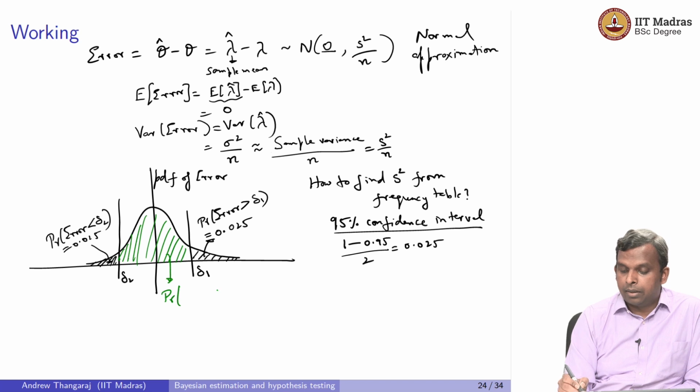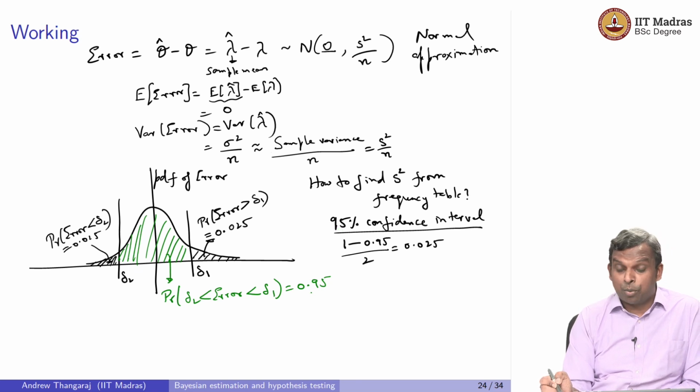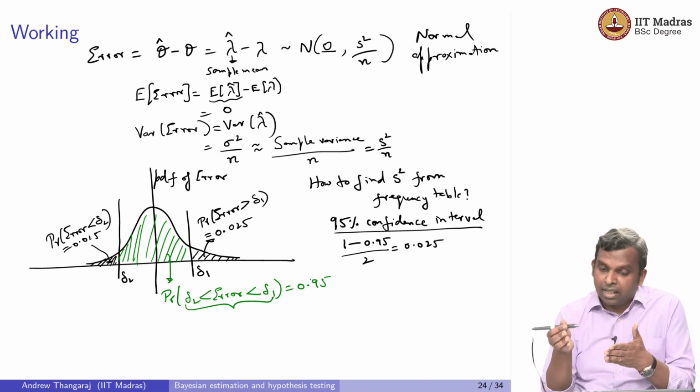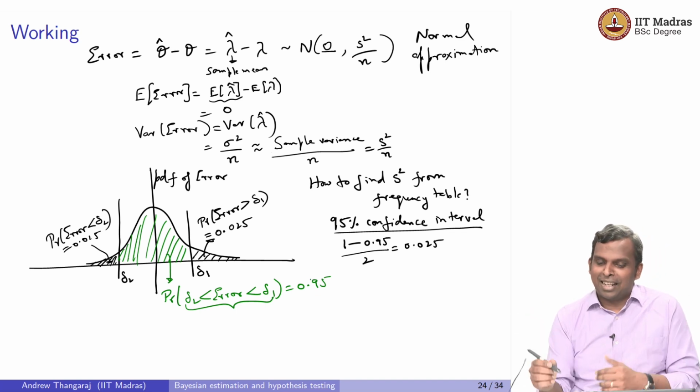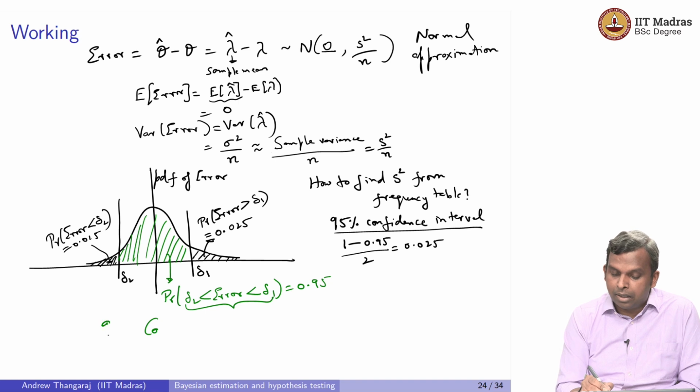Probability that error is less than delta 1 and greater than delta 2 is 0.95. Okay. So, with 95% confidence, or with probability 0.95, your error is in this interval. So, error being in this interval is called a 95% confidence interval for the error, but usually nobody writes the error like that. So, how they express this is they will say the 95%